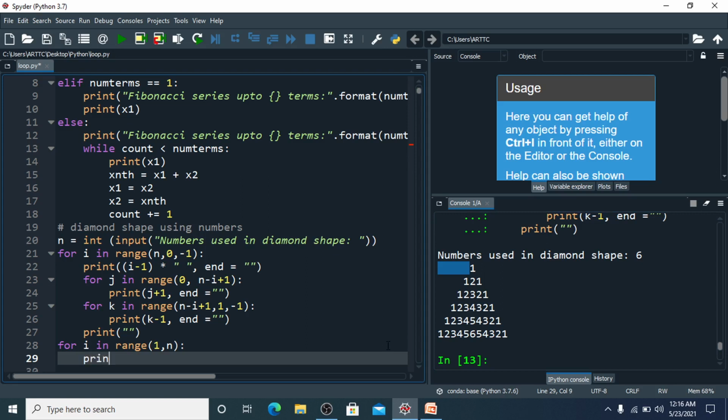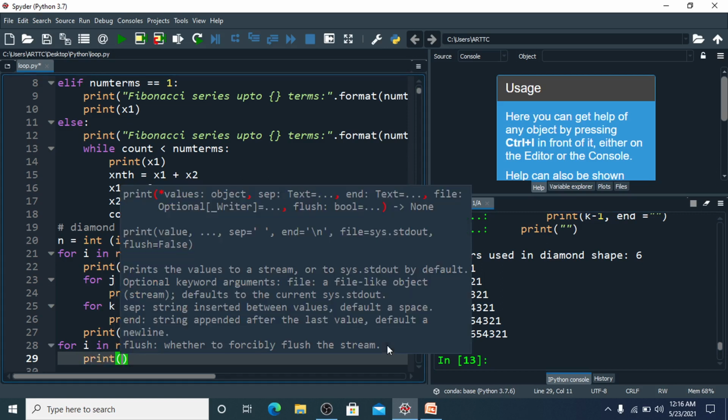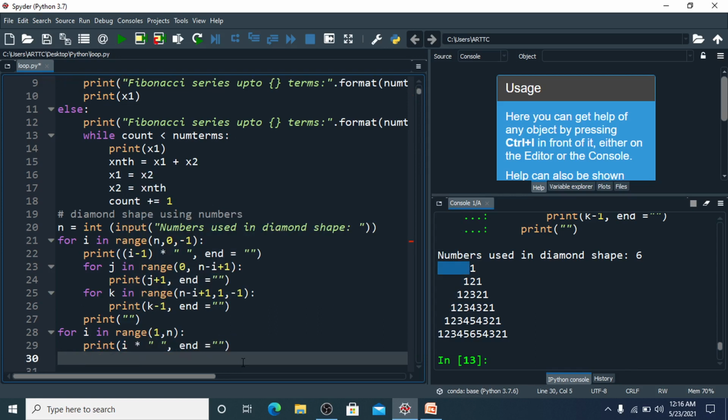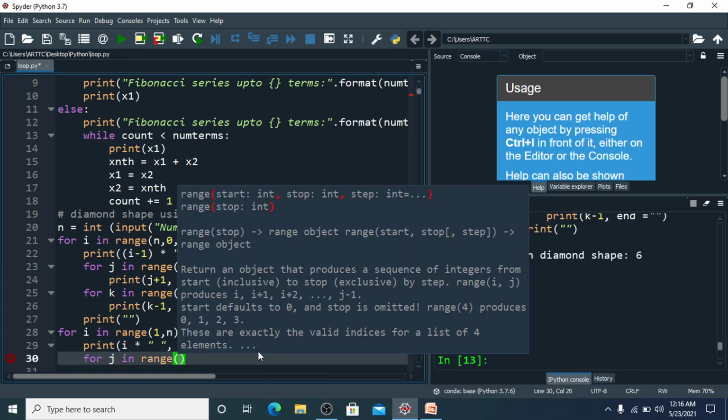So print i, then star, then space, and again the end should be the same, because we need to print the rest of the numbers in the same line. Now after this, we want to print the third quarter. So we will use another loop, for j in range, and here we will use 0 to n minus i,